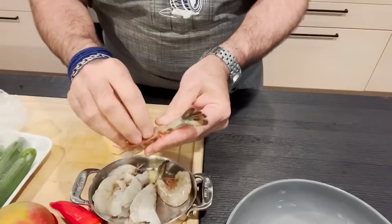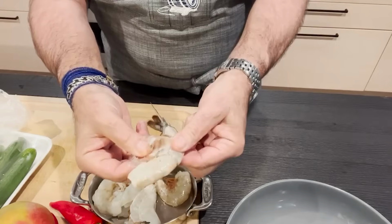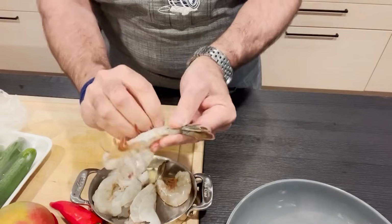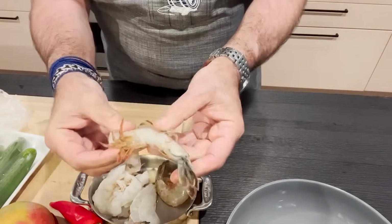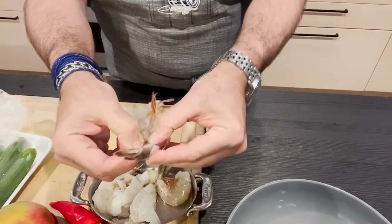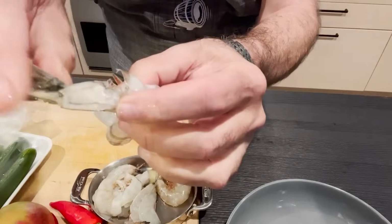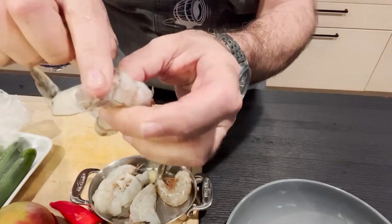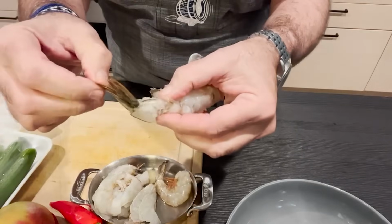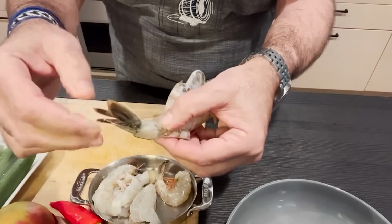So here's what I want you to do. You just place your hands along the legs here, and you just sort of unfold that piece of shell. And then you do the same thing a little further up, and you unfold that piece of shell. And then you just make sure that you crack that top collar, this little piece of shell right at the top here, that last piece before you get to these little tail feathers. And what you do is you pee-wee them. You just one at a time, give them a little pull,